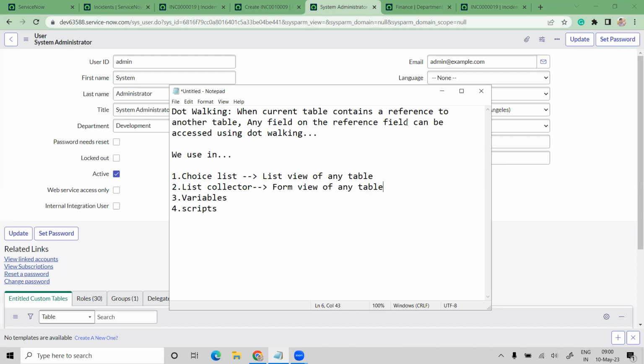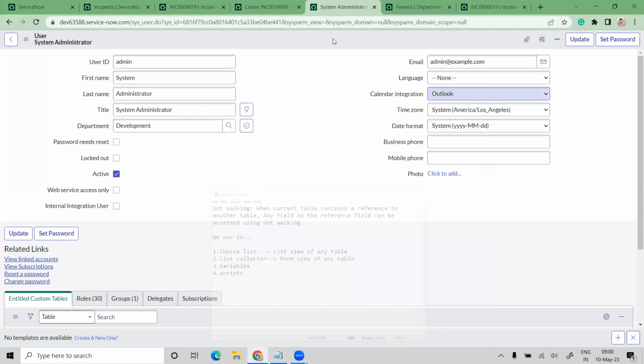Okay, just to make you more comfortable, I was using the same incident table every time, so that you understand very clearly. If you are good with all the technical knowledge about that specific concept, then you can try with different tables as well when you become good at this. Okay, so now let me go with